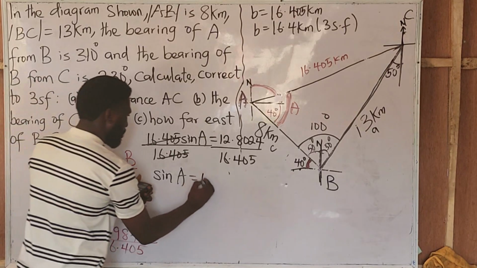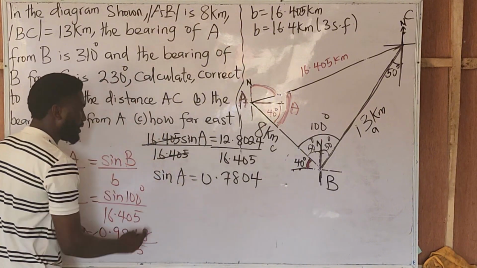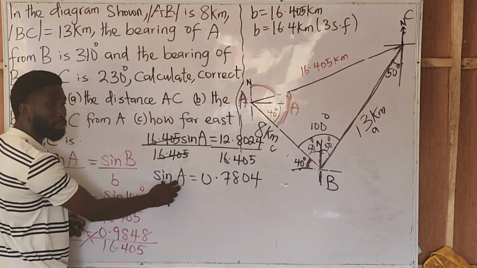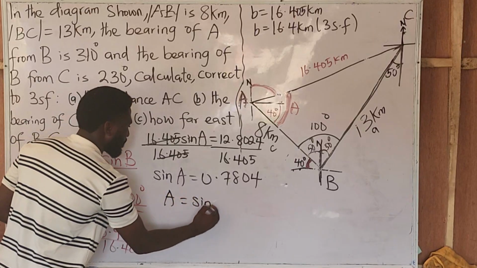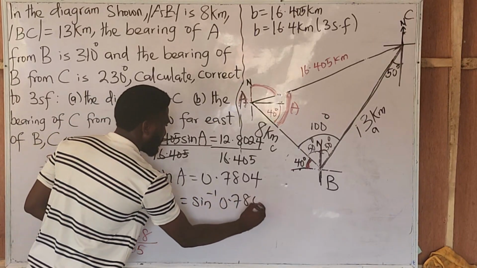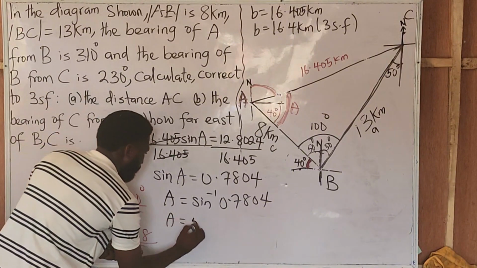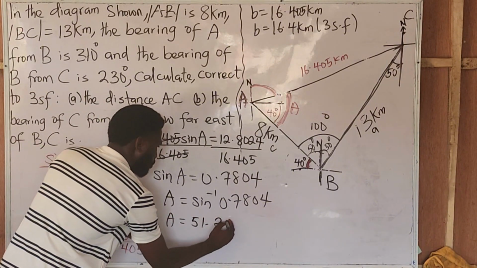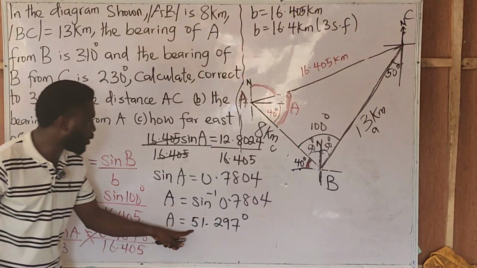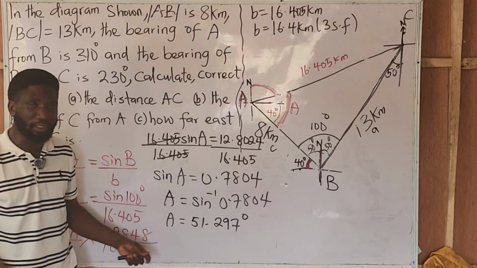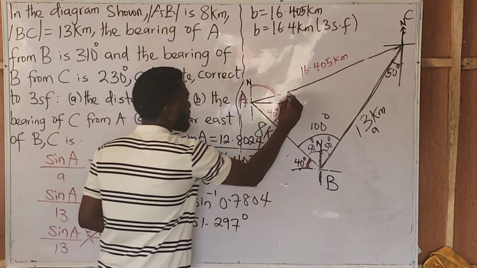So the answer is 0.7804. So the next thing is for us to find the sine inverse of A. So A will now give us a sine inverse of what? 0.7804. And that is 51.297 degrees. So A is 51.297 degrees. So now, having gotten A, that is the total,